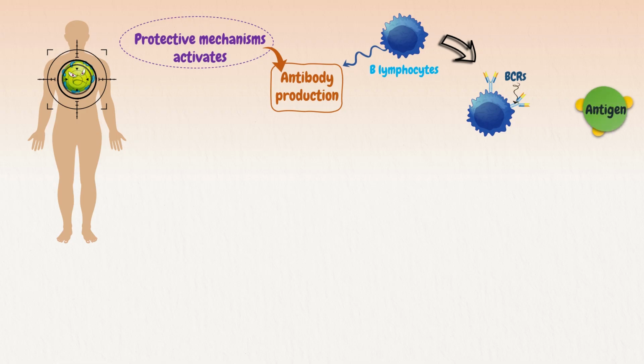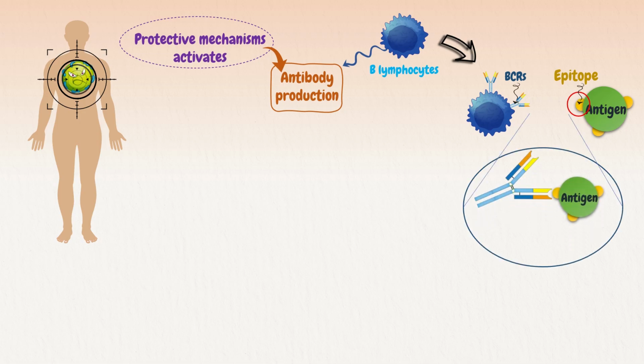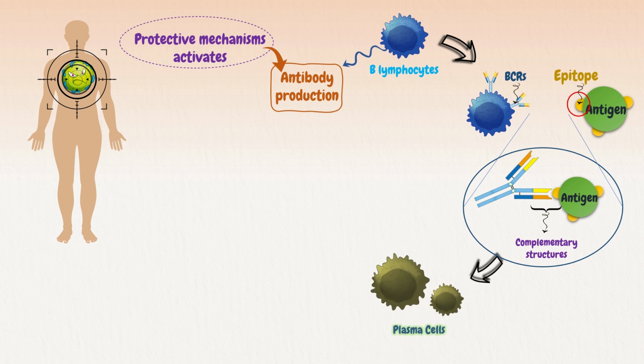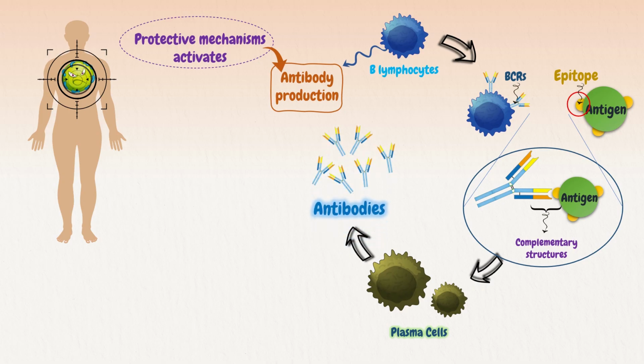The antigen receptor does not recognize the entire antigen. Instead, it binds to only a portion of the antigen's surface, an area called the antigenic determinant or epitope. Binding between the receptor and epitope occurs only if their structures are complementary to each other. So once activated, it stimulates division of B cells into mature and identical clones of cells. Mature B cells are called plasma cells, and these plasma cells then secrete millions of antibodies into the bloodstream